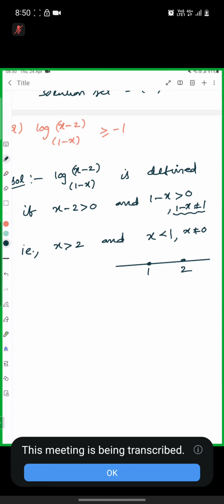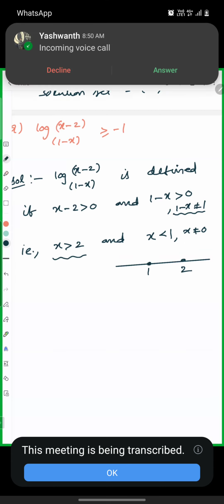See here, what does this inequality say? x greater than 2, so 2 to infinity. This inequality says